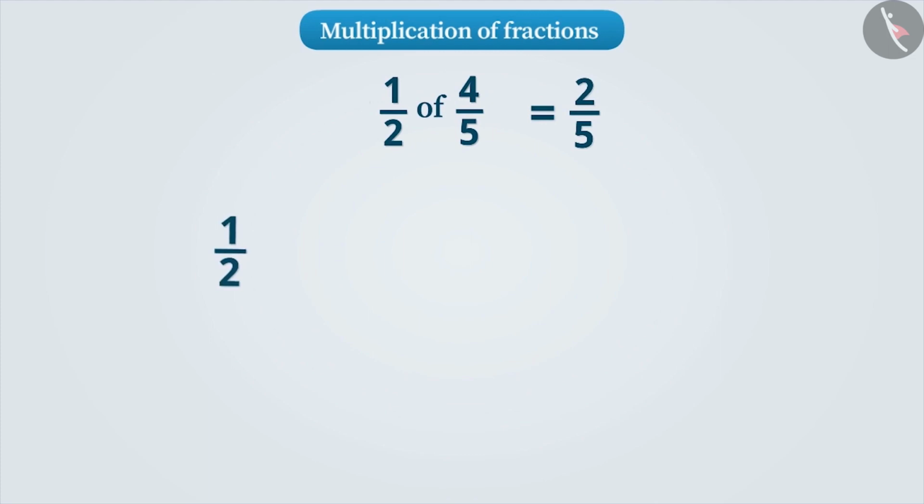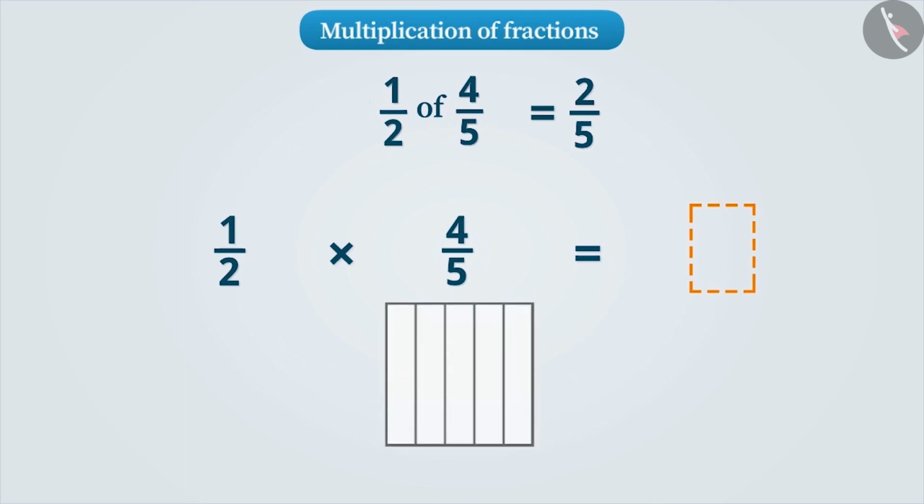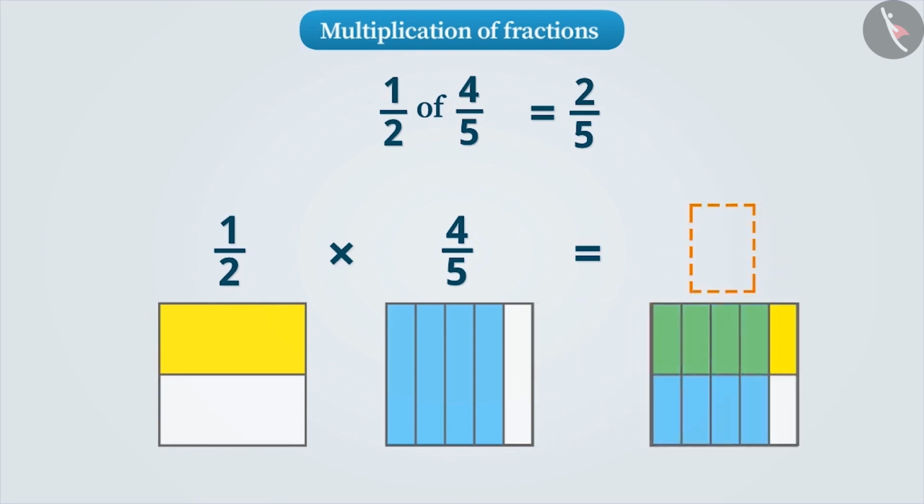We can also find this by multiplying half and 4 by 5. We shaded 4 of the 5 parts of a square and denoted the fraction 4 by 5. Similarly, we will represent half in the same way. If we place them one above the other, the common shaded portion of both will be the result of their